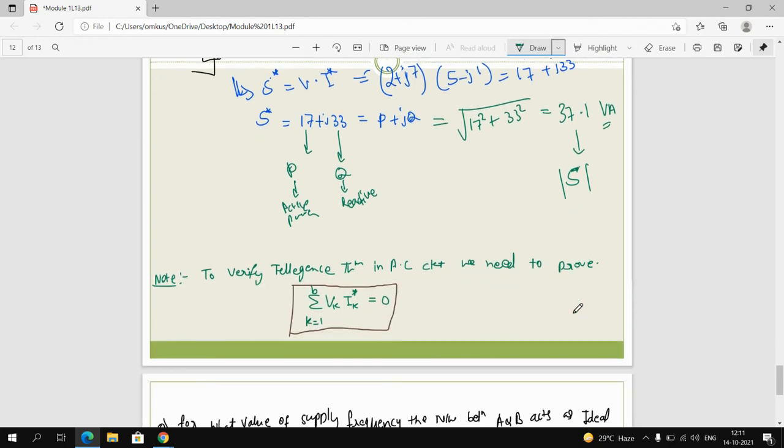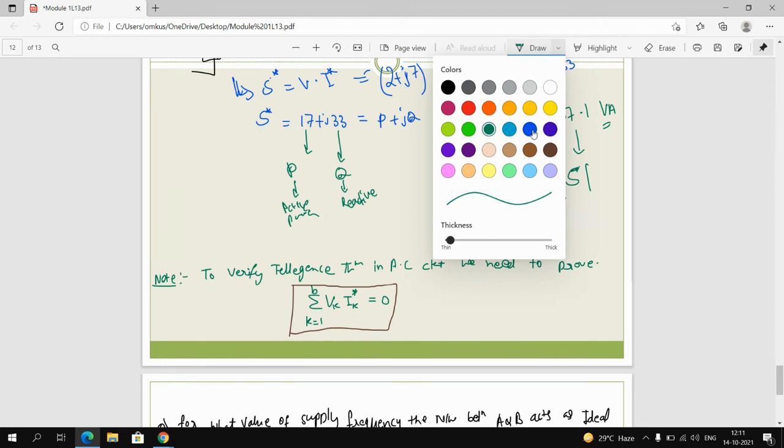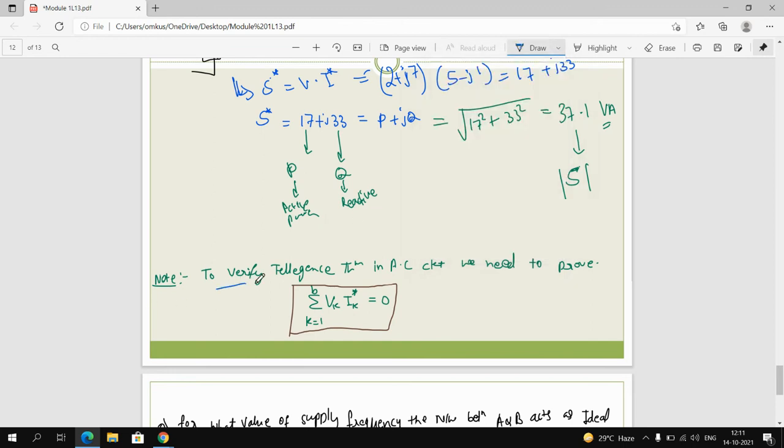Now, similar to the concept for the Tellegen's theorem, you need to take the conjugate of current for calculating the power. That's why we are seeing the conjugate method here, because this method is useful in Tellegen's theorem for balancing any circuit. So this application is used in Tellegen's theorem.